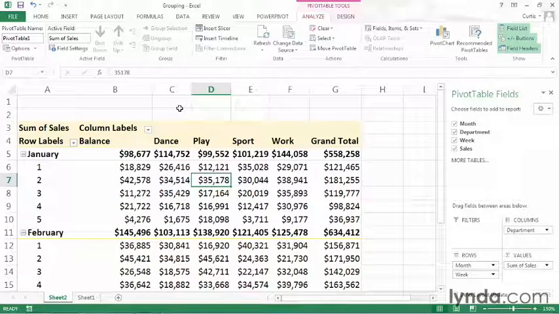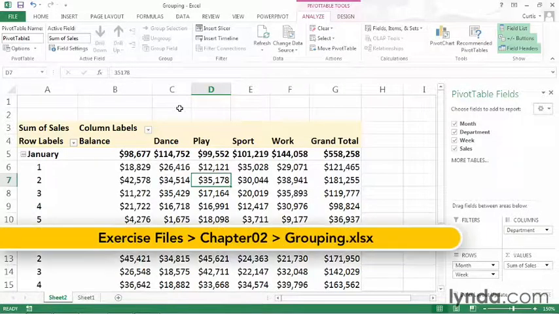When you create a pivot table that contains multiple fields in the rows area, you're able to show or hide detail within the body of your pivot table. In this movie, I will show you how to extend that capability using grouping. As my sample file, I will use the grouping workbook, which you can find in the Chapter 2 folder of